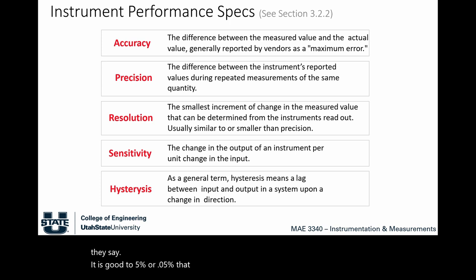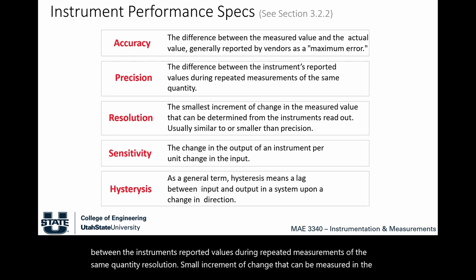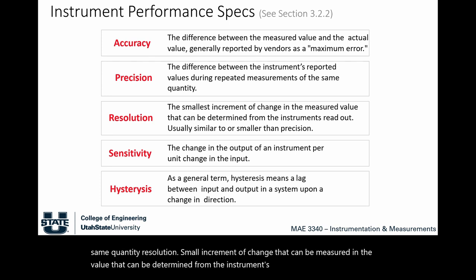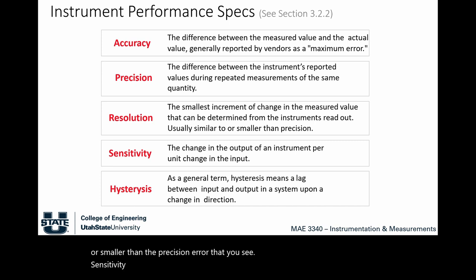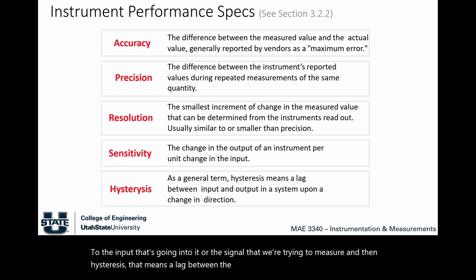that is the accuracy. Now the precision is the difference between the instrument's reported values during repeated measurements of the same quantity. Resolution is the smallest increment of change that can be determined from the instrument's readout, so it's usually similar to or smaller than the precision error that you see. Sensitivity is the change in the output of an instrument per unit change of the input. So how sensitive this piece of equipment is to the input that's going into it, or the signal that we're trying to measure. And then hysteresis means a lag between the input and the output of the system upon